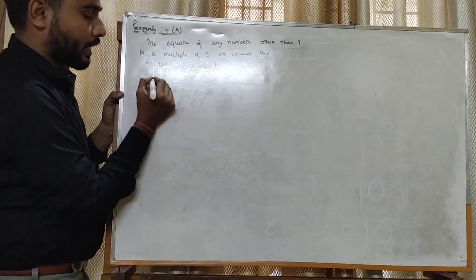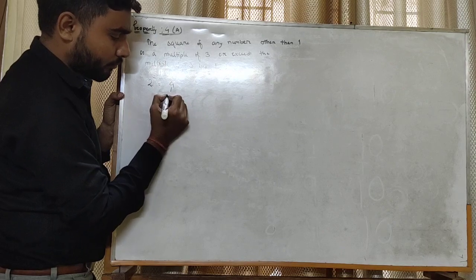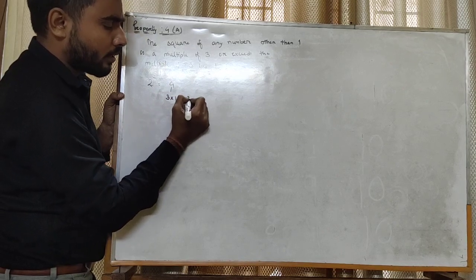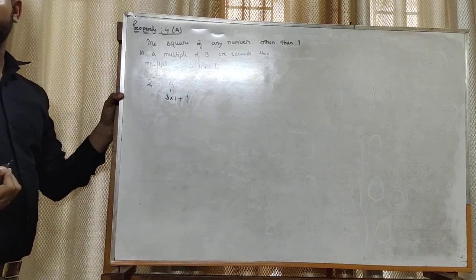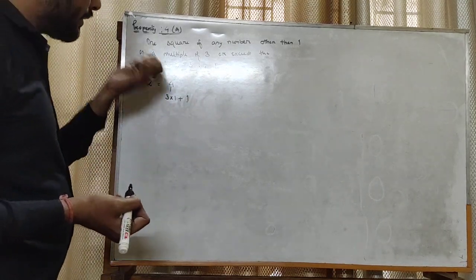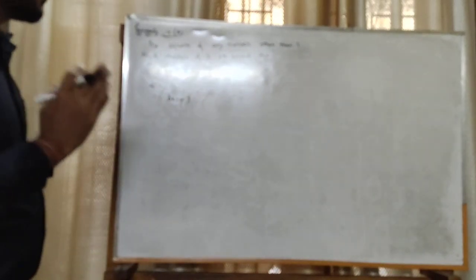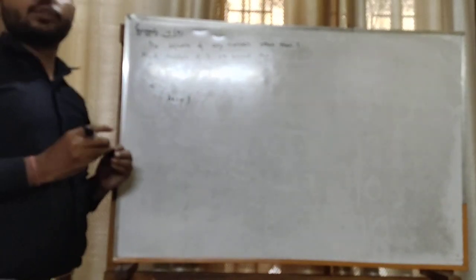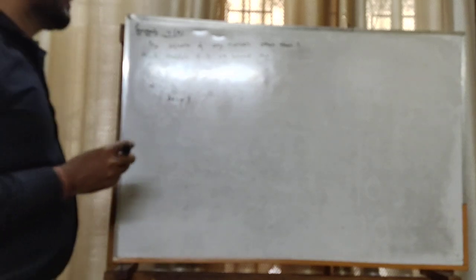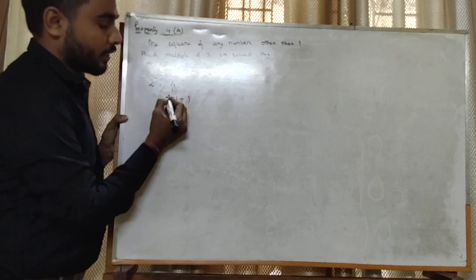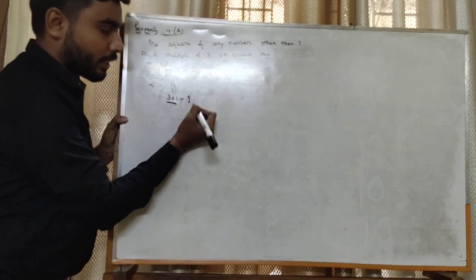So we'll start with 2. 2 square is 4. 4 can be written as 3 into 1 plus 1. So you can see 4 is not a multiple of 3, but 4 can be written as 3 into 1 plus 1. So 3 into 1 is a multiple of 3 and it is exceeding the multiple of 3